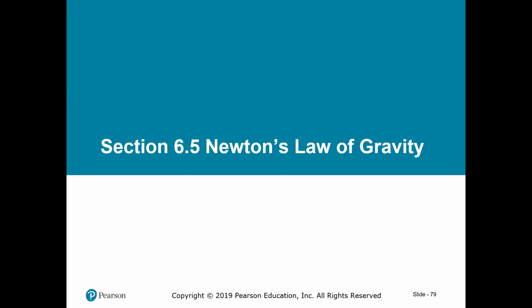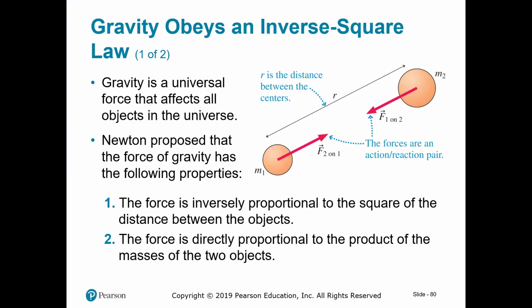So the next question is a very important section about Newton's gravitational force. The gravitational force is very simple. This is a force between two objects due to their masses. So gravity is a universal force that affects all objects in the universe. Newton proposed that the force of gravity has the following properties. The force is inversely proportional to the square of the